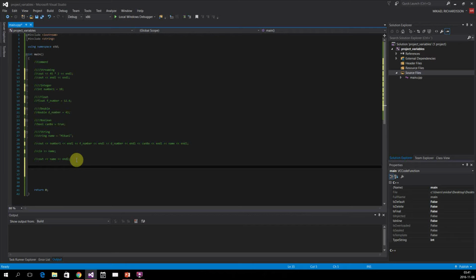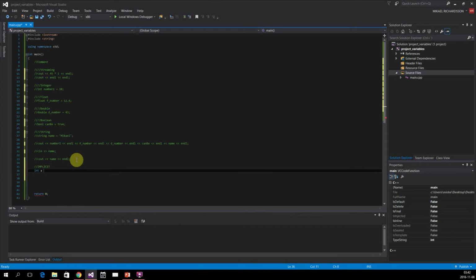So we're gonna go through type change, implicit and explicit type change. So implicit is here. So implicit type change, as I said before, is if you have like an